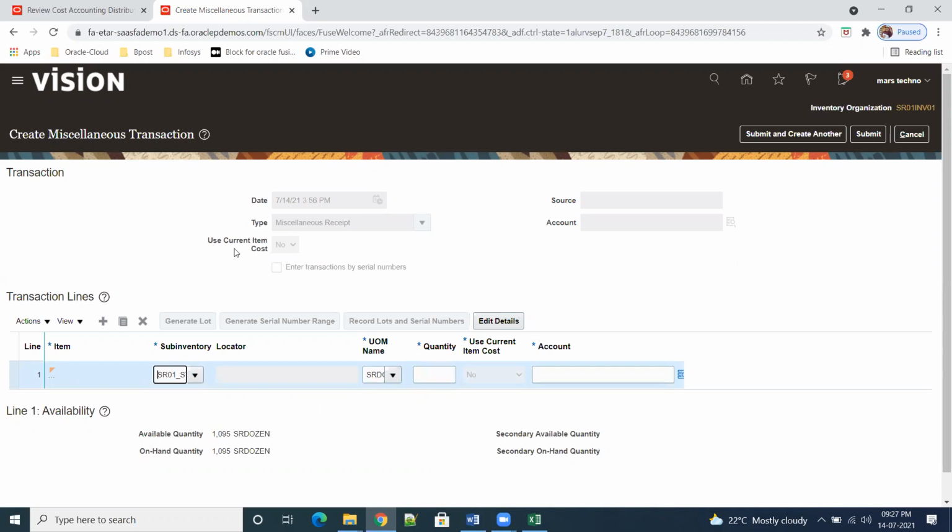If Use Current Item Cost is no, the system will ask us to enter the price. If it is yes, the system automatically takes the cost from cost transactions, whatever cost is present, and does the calculations based on the quantity. So I'm taking 100 here.